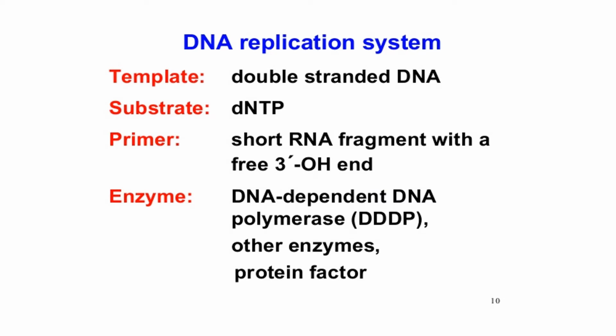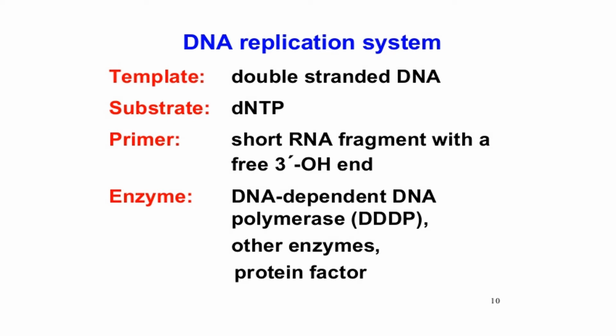The DNA replication system requires these main ingredients. Number one is the DNA template which is to be copied into new strands; it acts as a mold, a kind of template for which the new DNA strands will be copied and synthesized. Next is the substrate, the dNTPs. Individual nucleotides are consumed for the synthesis of new strands.